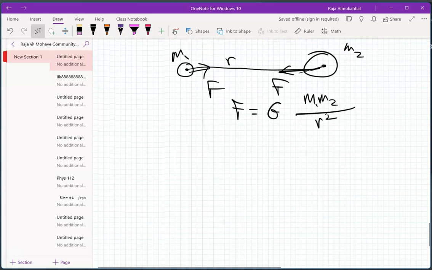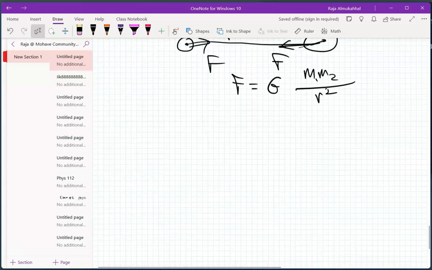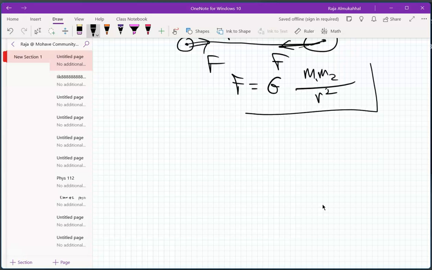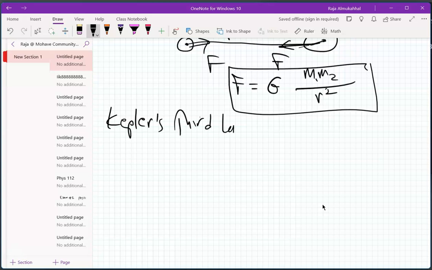Okay, but again, that requires some knowledge of physics that is beyond the scope of our course. It requires something called a centripetal acceleration. Anyway, so when you work it out and derive it, you actually come up with Kepler's third law using the Newtonian gravitational law. So the third law is this one. This is the more common one that's used by physicists,